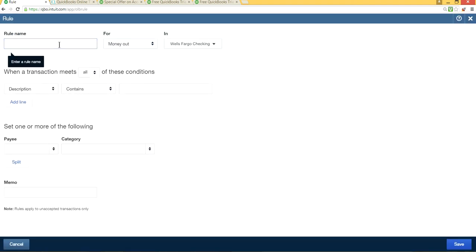Okay, so let's say for the gas, you buy gasoline here. Let's say gasoline. Let's say gas. So it's money out. It's not money in. Money out is your expense. Money in is your income or deposit. And in here you just say description contains, let's say Chevron here,